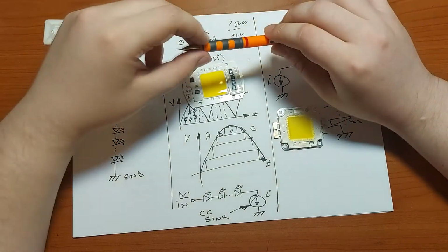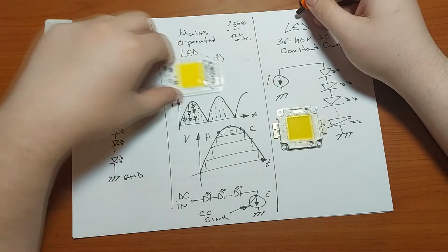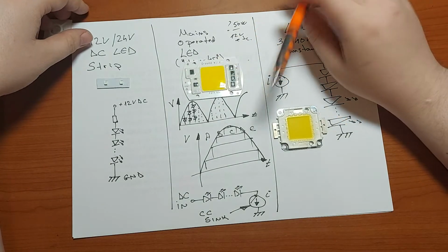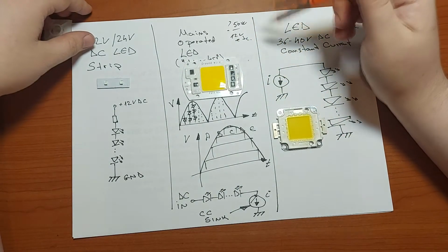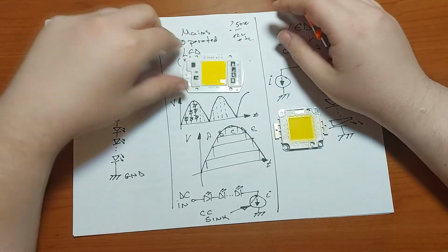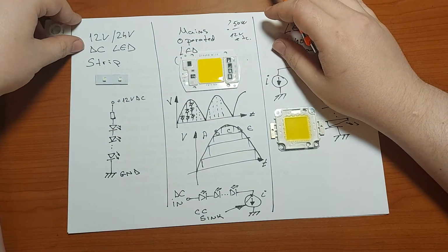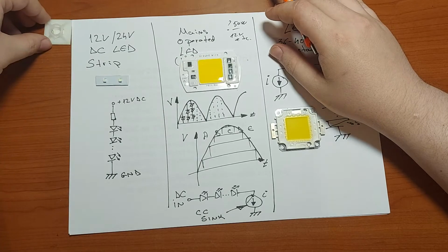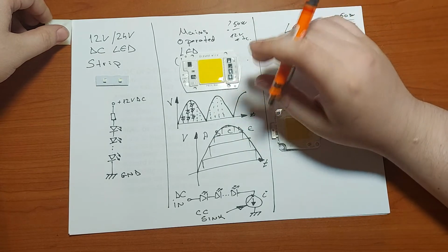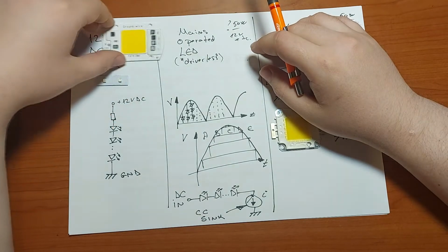Well, the idea is true, but they are quite dangerous since they lack any kind of protection or protective circuit on these PCBs, on these aluminum PCBs. And actually they are rated for quite a big power output. This small one, for example, for 50 watts, and also their efficiency is quite good,